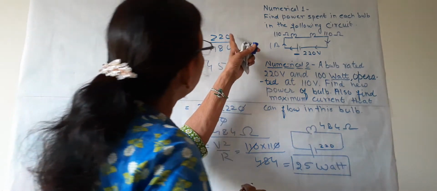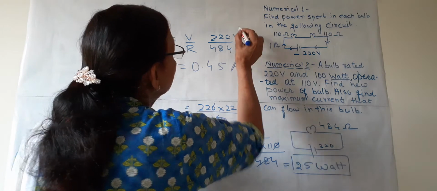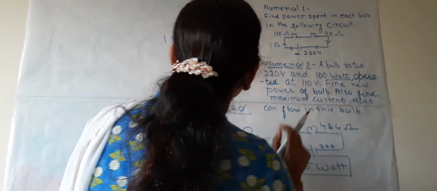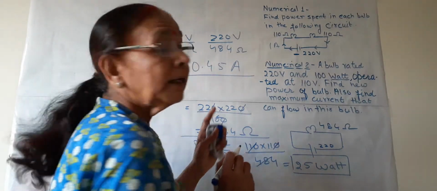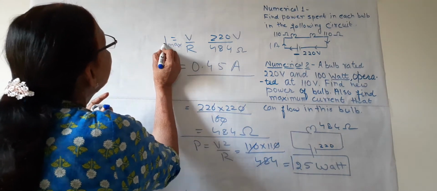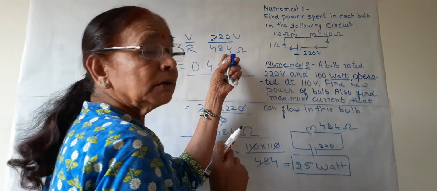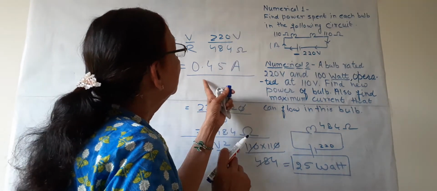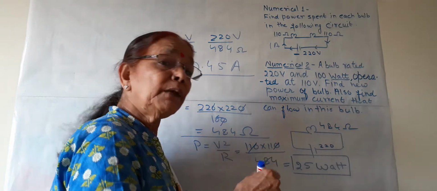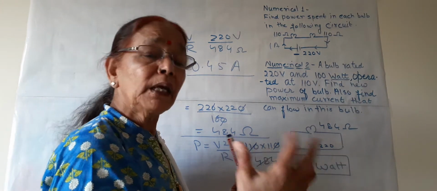So this is Ohm's law, V upon R. If voltage is 220, and R of the bulb is 484 ohm, then the maximum current which can flow through this bulb in this circuit cannot be more than 0.45 ampere. We can also write it as I max, current which is maximum. If 220 is given, the maximum current is 0.45 ampere. If more than 0.5 ampere current enters the bulb, it will burst or fuse.